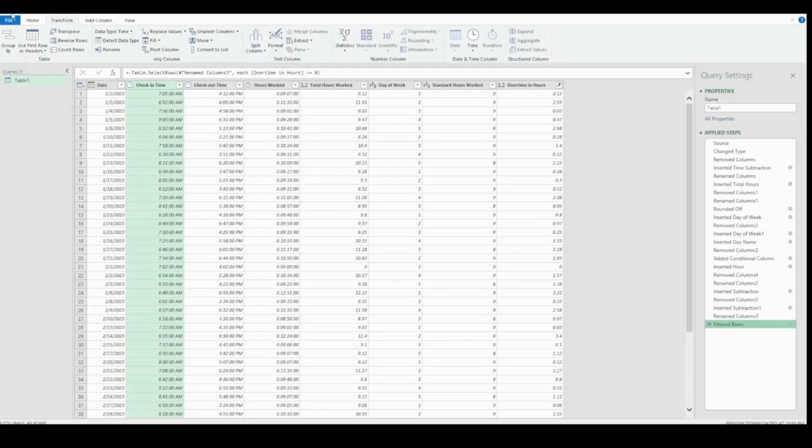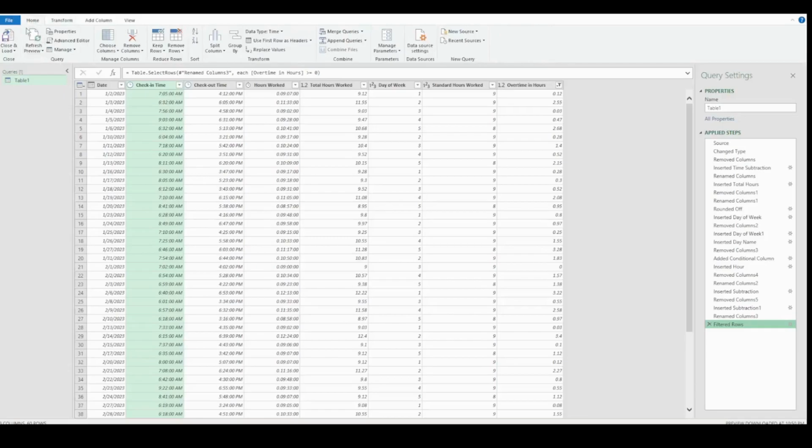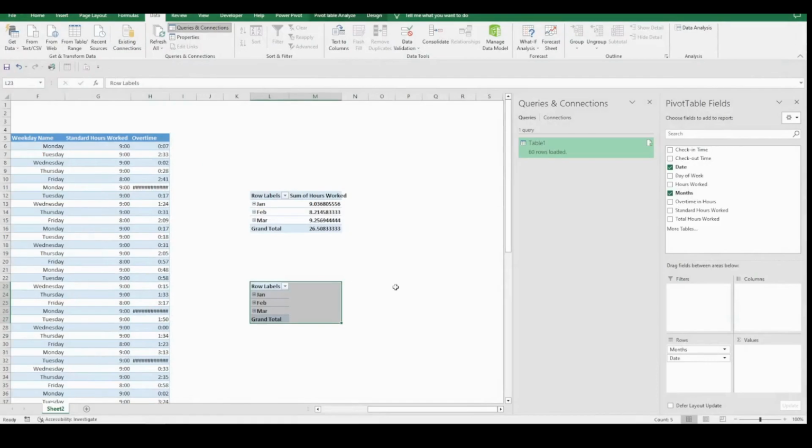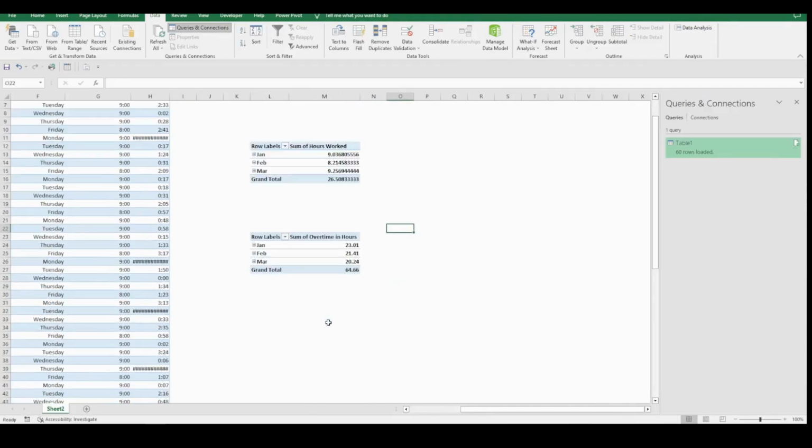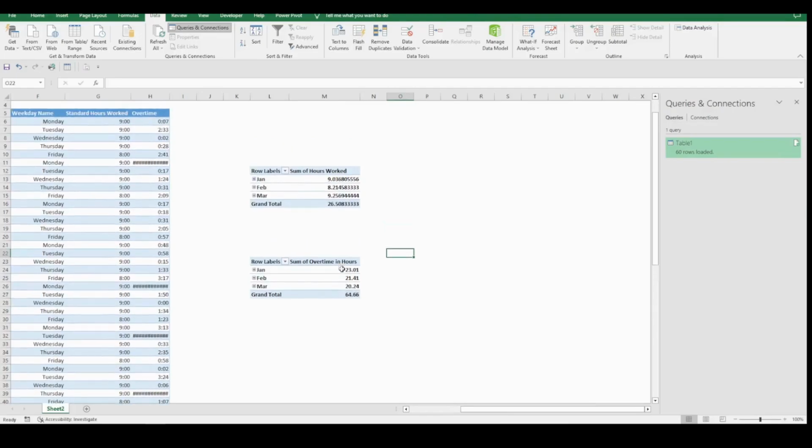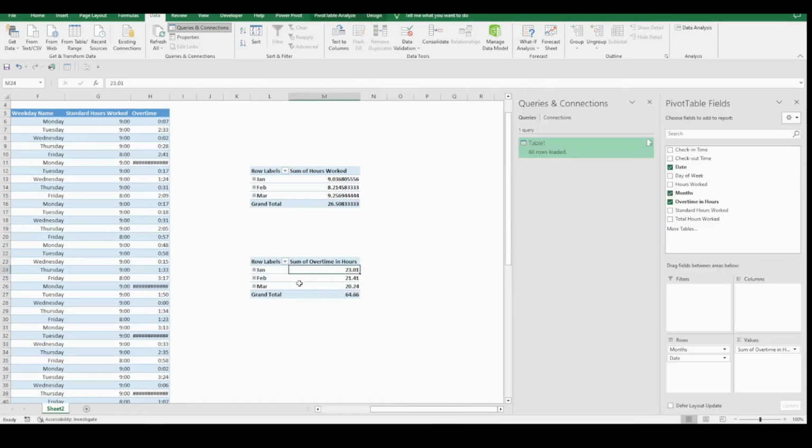And of course, now I can import the results in Microsoft Excel. And now I can have a picture of the overtime in hours worked each month.